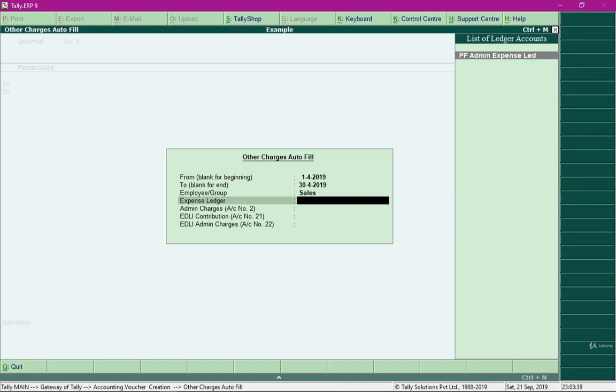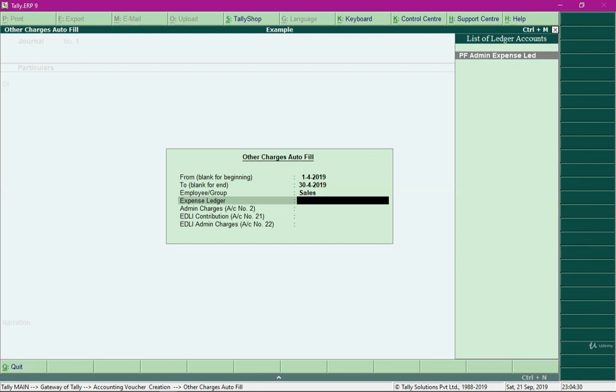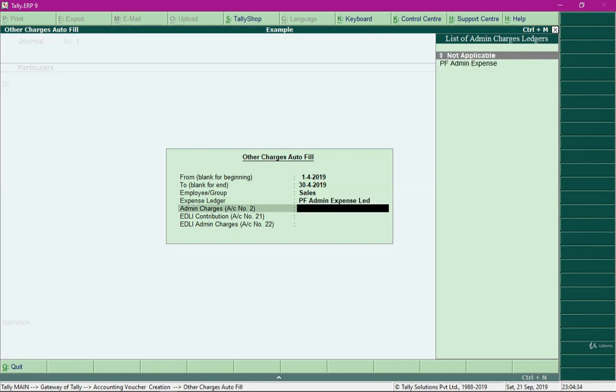So this ledger has been created as follows. So this ledger has been created under the group indirect expenses, and set the option no for the fields inventory value affected and used for payroll, and save the ledger. So I will select that ledger, and over here you need to specify the payhead, which is PF admin expense payhead,